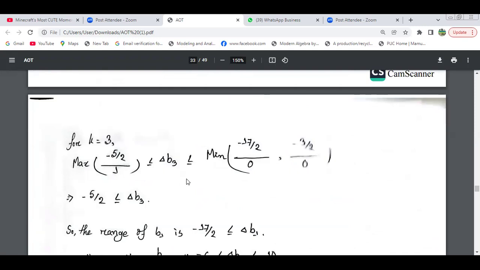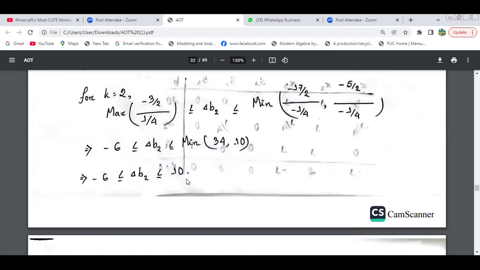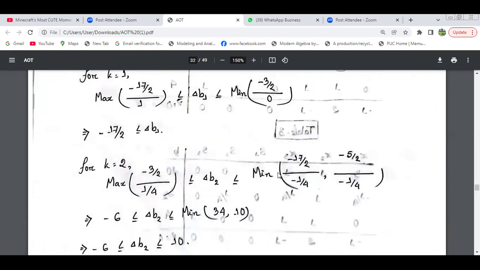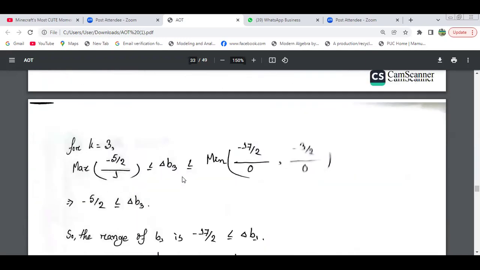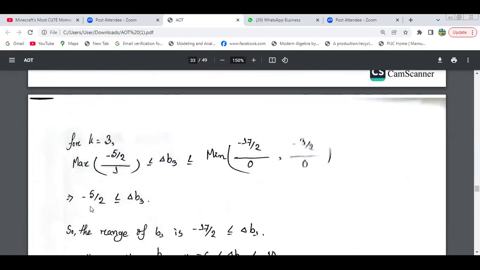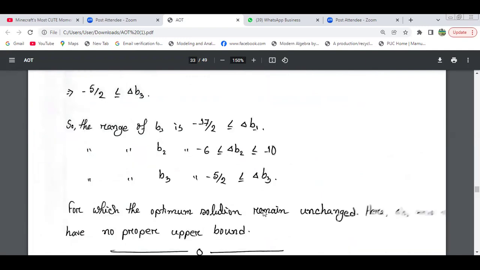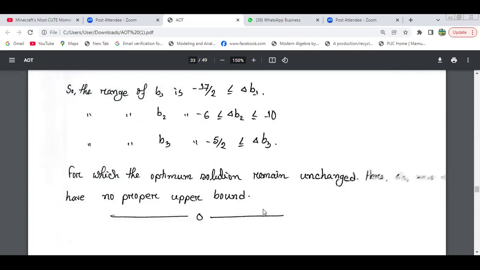সিমিলারলি k equals to 3 বসালে আমরা সেম ফর্মুলা, থার্ড কলামে যাব। থার্ড কলামের মধ্যে পজিটিভ কোনটা? এই যে থার্ড কলাম। এই যে এটা পজিটিভ, একটা শুধু 1, তো 5/2/1, আর বাকিগুলো তো 0, এখানে মিনিমামের কোনো পার্টই নেই তাইলে। ঠিক আছে, মিনিমামের কোনো পার্ট নেই কারণ ইনফিনিটি আসে। তাহলে -5/2 divided by less equal to del B3. So the range of B1 is this, B2 is this, and B3 will be this, for which the optimum solution remain unchanged and have no proper upper bound. এখানে upper bound নাই।